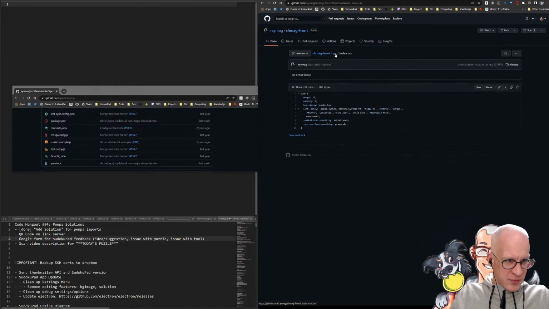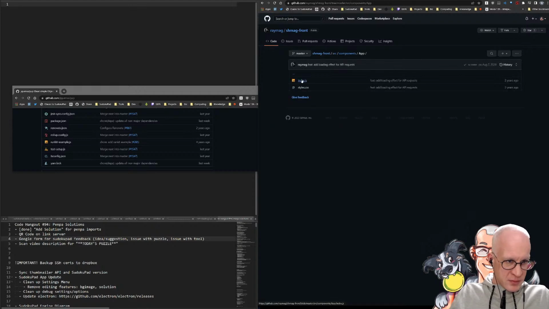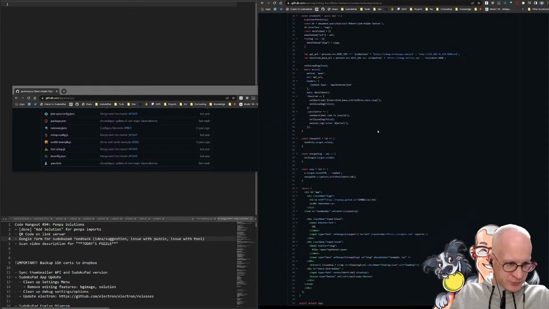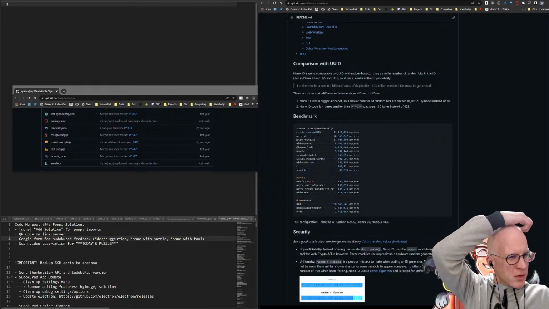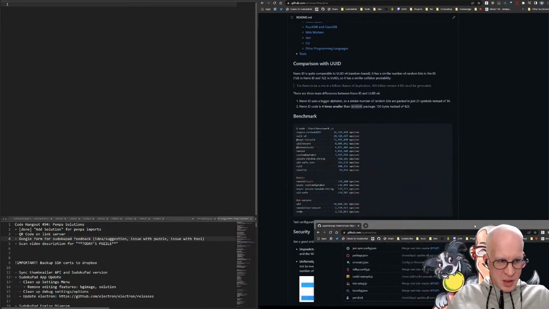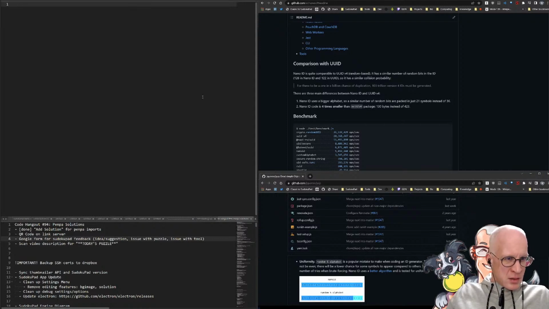Oh, no, that's not the file I want to look at. Okay, it's a React app. It's a bit overkill for this kind of thing. All right, it's designed to work. All right, I think it makes sense. So let's kind of